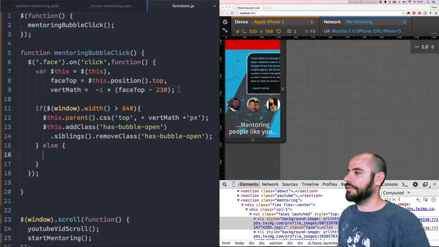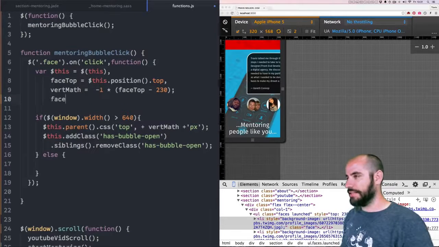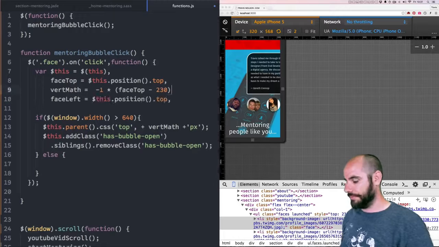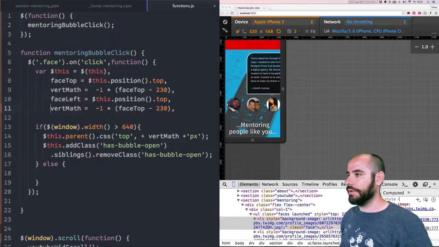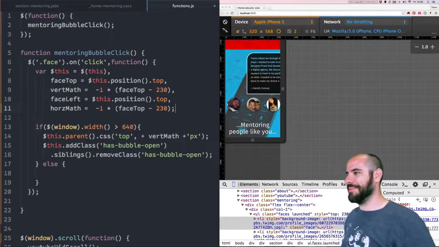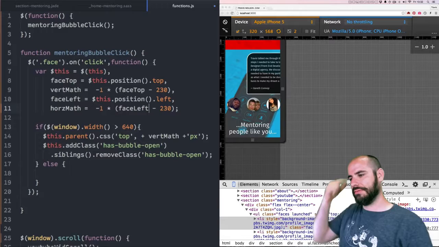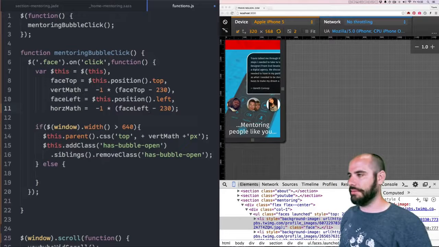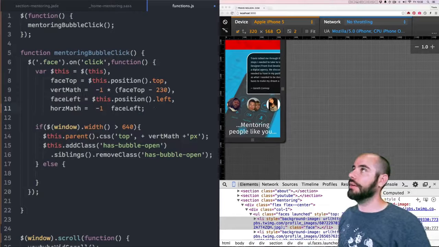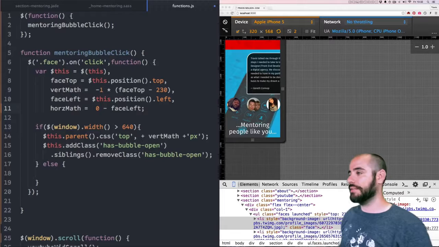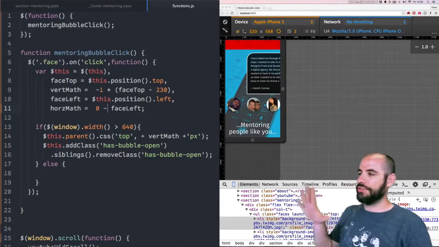So let's do some querying here to get some variables. We'll say face left, similar to this, right? But we're just going to get the left. And then we'll do some left math, or rather, in keeping with the theme, instead of vert math, we call it horiz math. Because I'm so good at naming things. All right, so this will be positioned to the left, and this will be face left minus 230. Is that right? Left math will be, no, it won't be that crazy. We'll just start with 0, and then we'll minus left math, right? All right, so if that's true, then we're going to take,